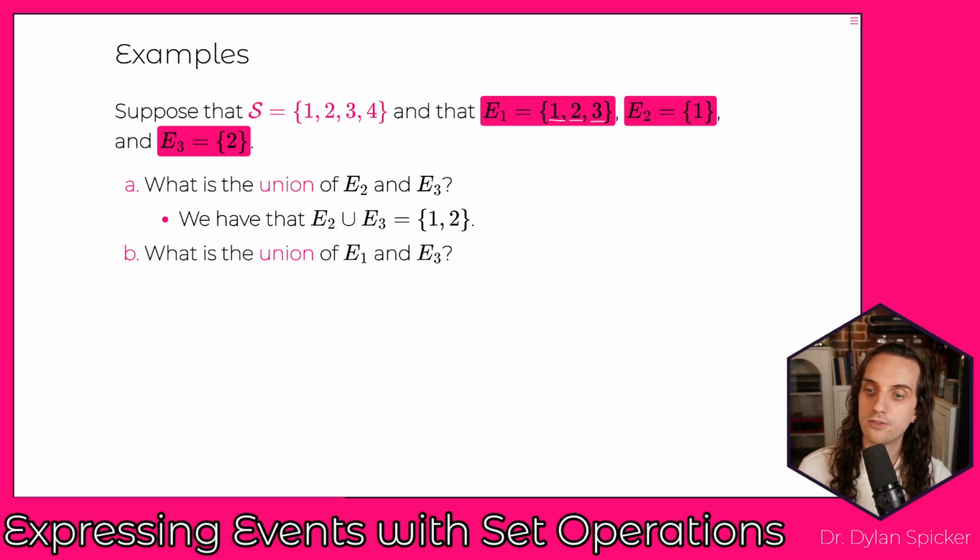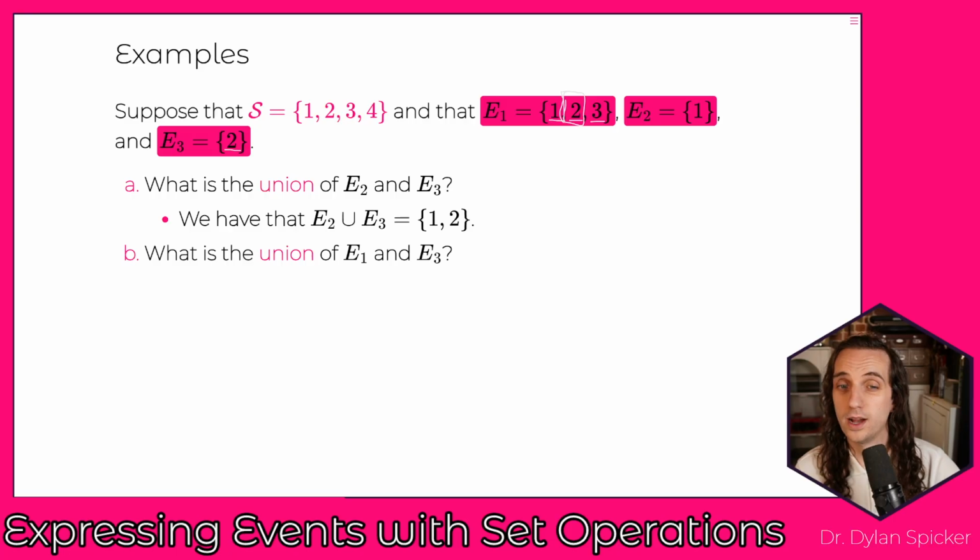Okay? And then we go over to E3 and we say, okay, well, that's going to be a 2. And so we want to include the 2 in the set as well. But notice the 2 is already in the set, right? The 2 was here from E1. And so one really common important rule to note is that when we're writing down sets, we don't duplicate items